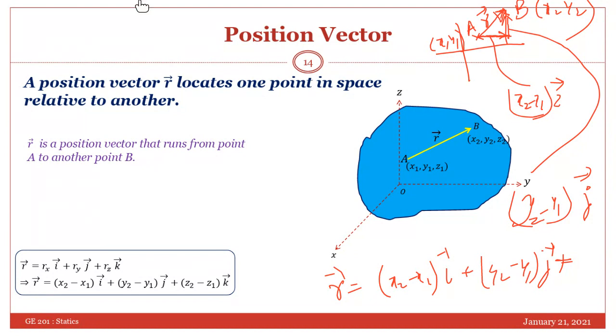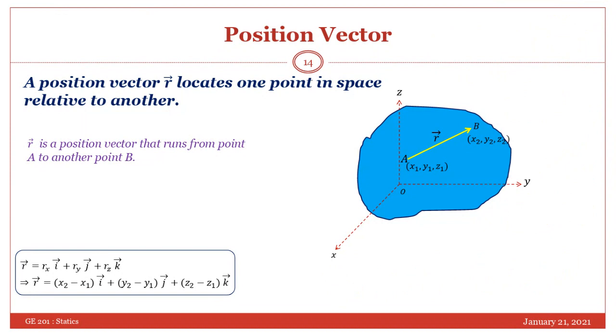So always remember, because we need this a lot in this course, that whenever you have to find the position vector, try to find the coordinates and then use the expression and you will get the position vector. Suppose I divide this position vector by the length of this vector, the magnitude of this vector. Anybody can tell me what I will get? If I divide vector R by R, that is the magnitude of this vector. The unit vector. Yes, wonderful. The answer will be simply the unit vector.